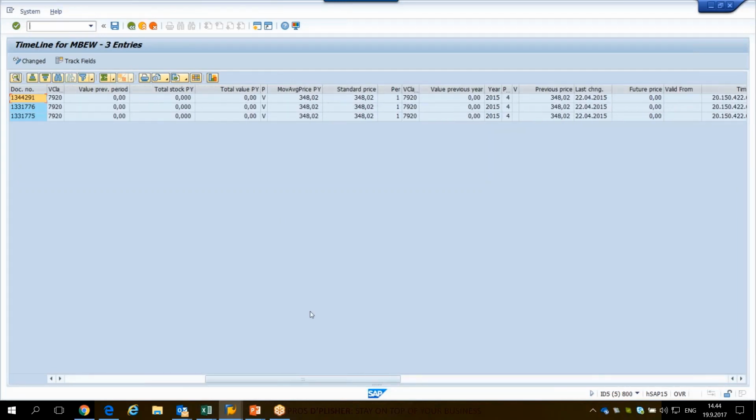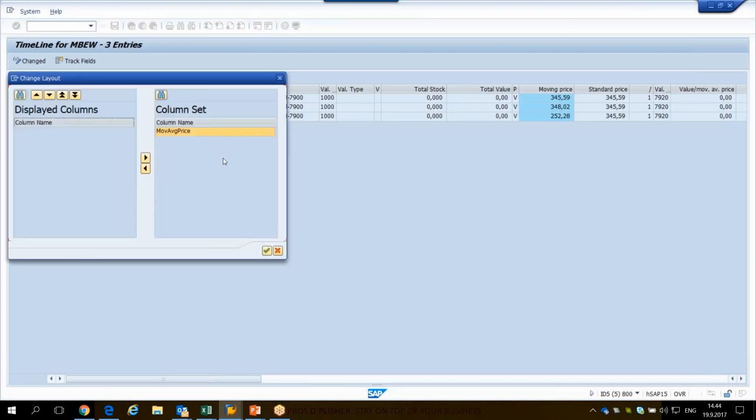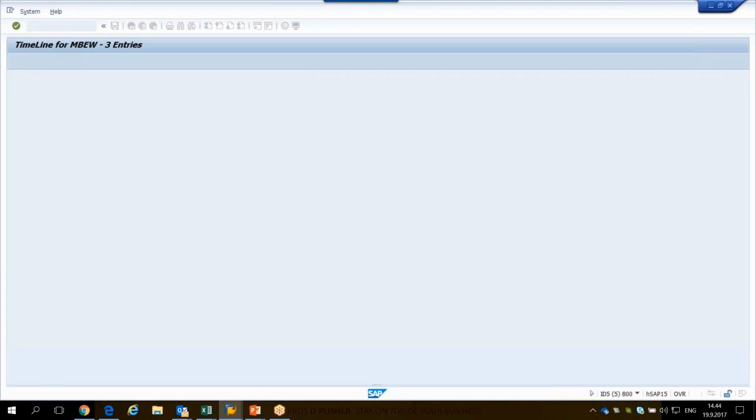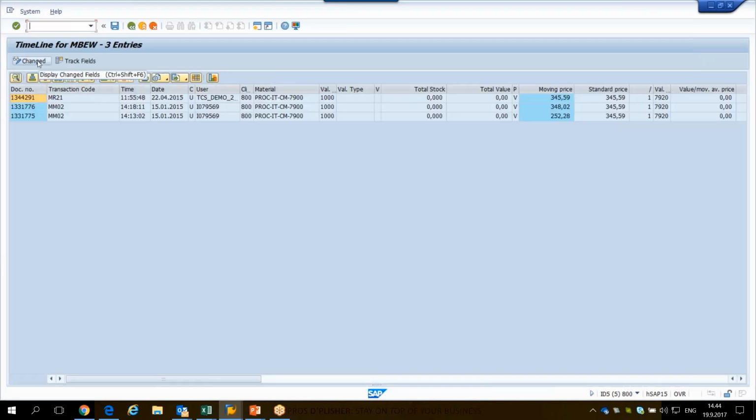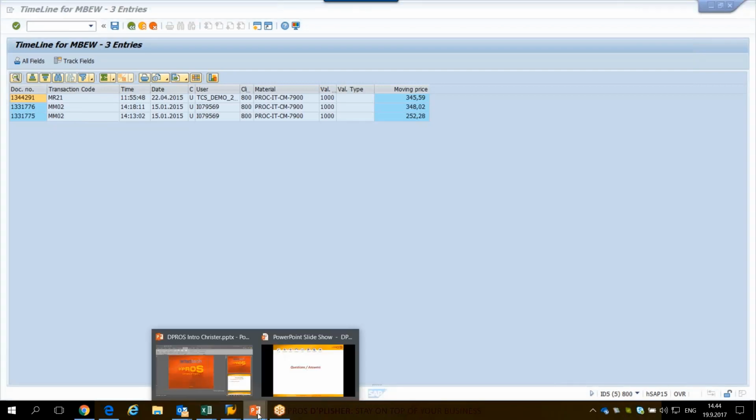So if I had other changes, all of them will be marked in blue. I can actually limit the search for all those changed fields, but I can see that only this field was changed in this object. So I can ask the system to show me only this field, moving price. So somebody changed the moving price, which is quite notable in materials. This is the transaction, and maybe that's an important thing, and that led me to